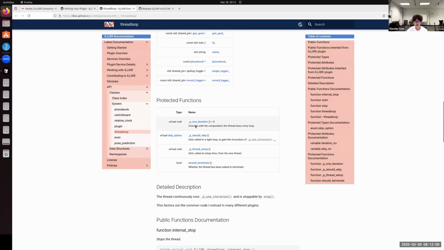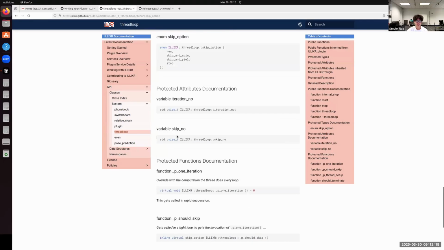So the first method, _p_one_iteration, is called for every invocation of the loop. And basically your application logic would reside in this function. And the _p_should_skip function, which returns a skip option. And the options here are run, skip and spin, skip and yield, and stop.